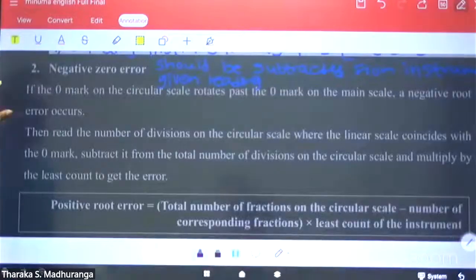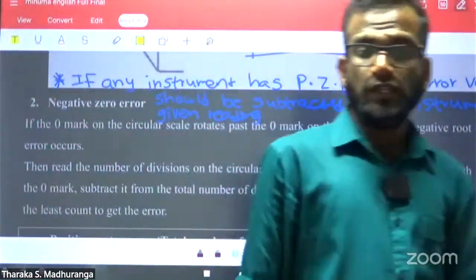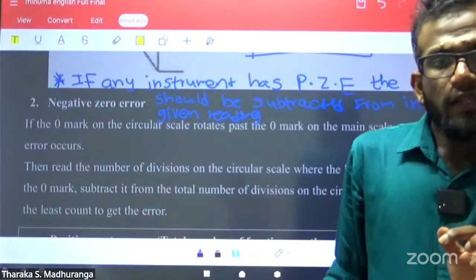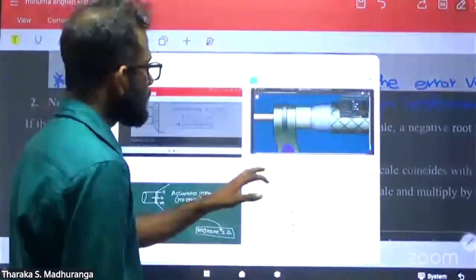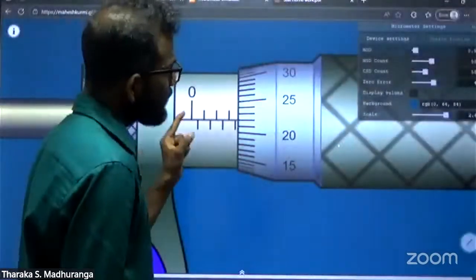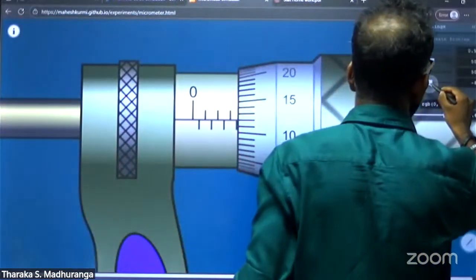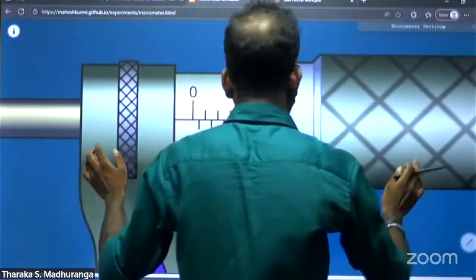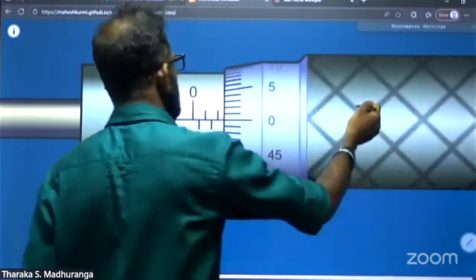Okay, now final point of the lesson, the negative zero error. In the negative zero error, what happened? Understand the final point of the lesson. In negative zero error, it is just like this. When we type maximum, see,